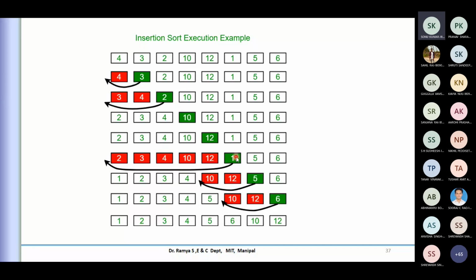We identify a place for that and accordingly shift. It is something like a serial arrangement: you put it here and all the contents in memory are shifted one by one, till this particular array element.